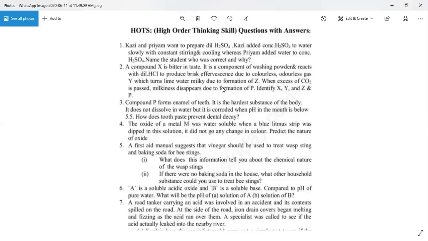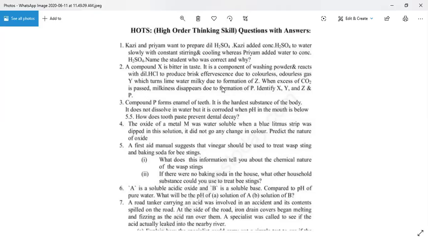Kazi was correct. Because you should not add water to concentrated acids, because it's a highly exothermic reaction, so the solution might splash out and cause injuries, and it can even turn to vapors due to the heat, and then can also cause harm. And the heat can also cause the vessel to shatter. Yeah. The container may break, or at that temperature the acid or a base gets converted into vapors, which cause harm to the people standing nearby.